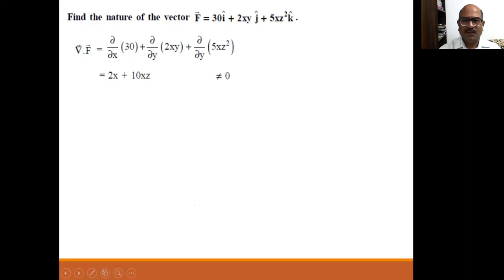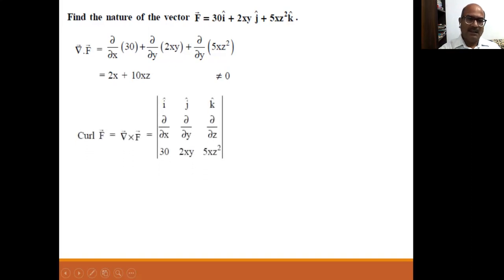And this is not zero, because no point value or other considerations are available in the question, so we can solve up to the last point. Up to the last point, it is not zero. So the divergence is not zero. Then we will find the curl of this field. Okay, so we find the curl using the equation. We found that it is 5z² + 2y k cap, and again it is not zero. So both divergence and curl of the given function are not zero.